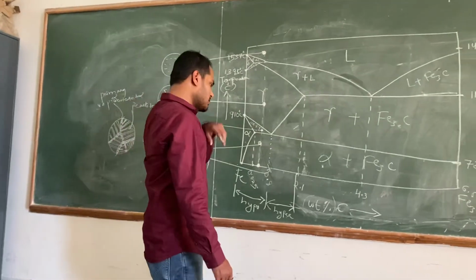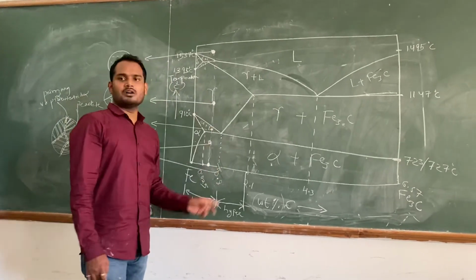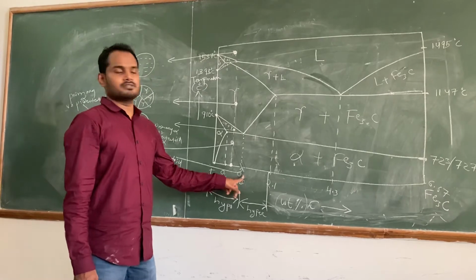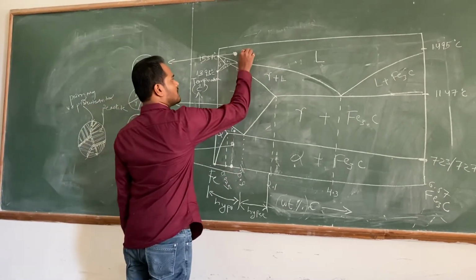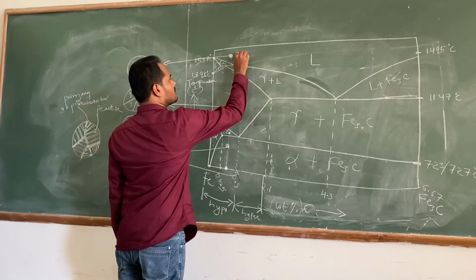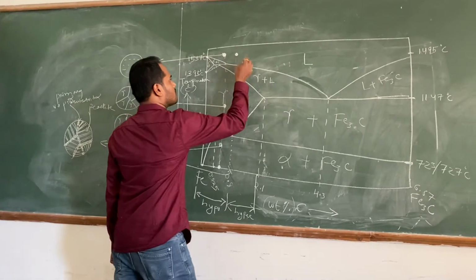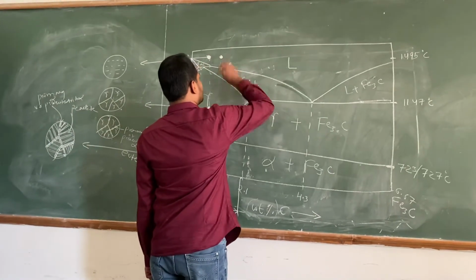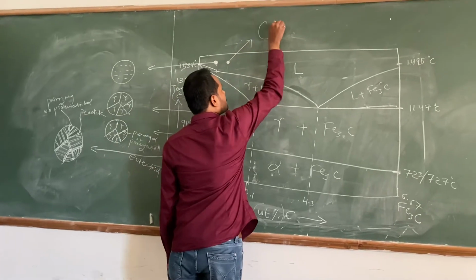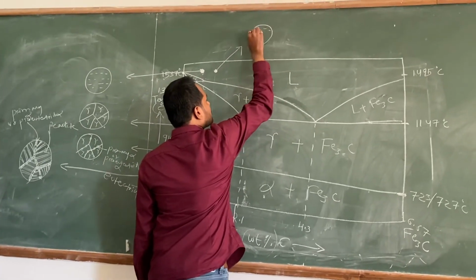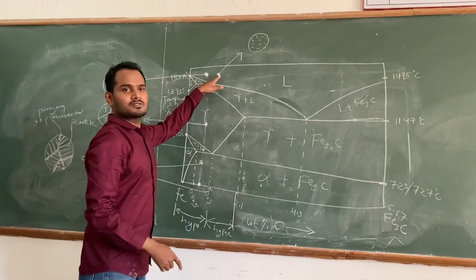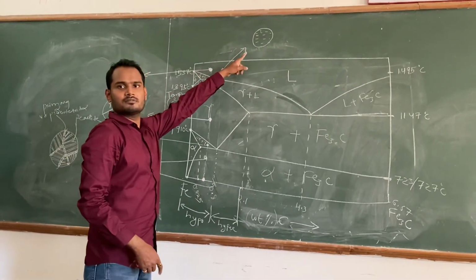Similarly, somebody will ask, okay fine, now can you show me the microstructure evolution at 0.8 carbon percentage? So you will do what? You go to the liquid temperature here, from here to here. Right? So how it will be? Suppose I am drawing here this temperature. So again, what will be there? Liquid, only liquid. It is okay. Yes, sir. At 0.8 percentage, at this temperature, we have only liquid, so dotted lines.